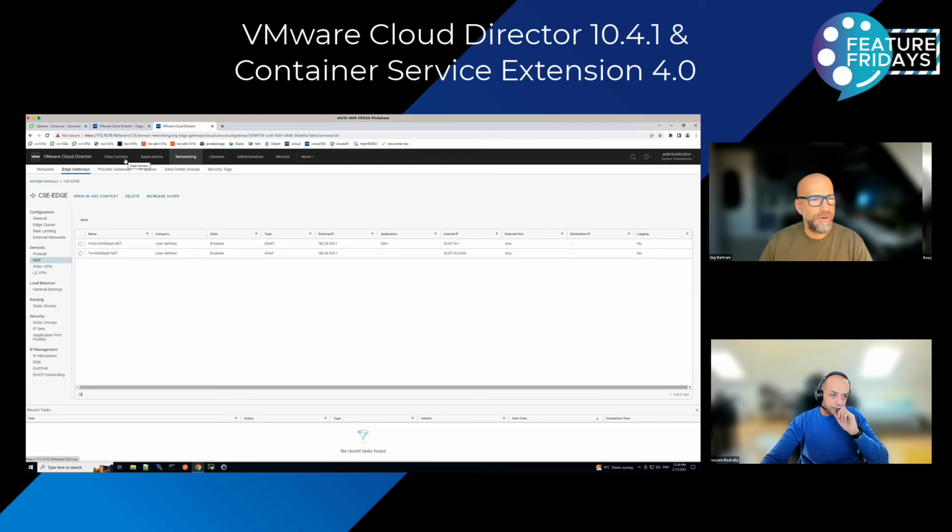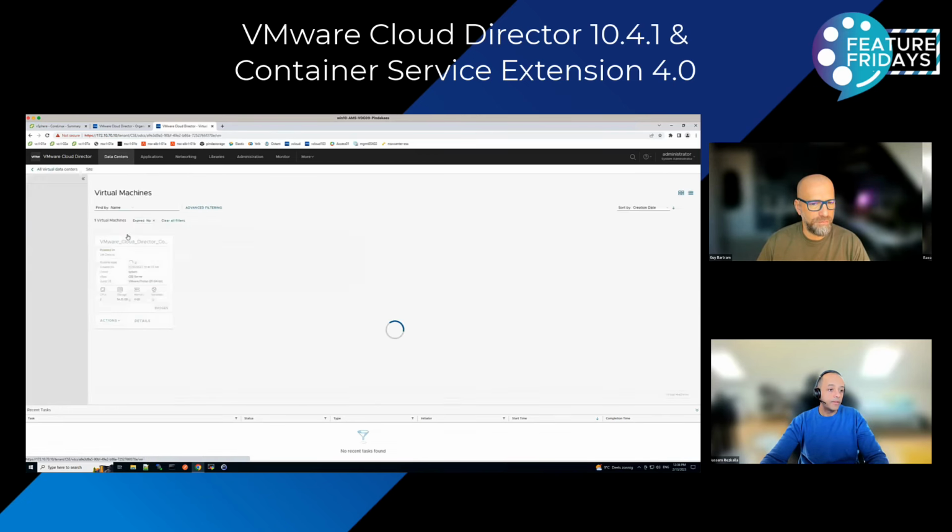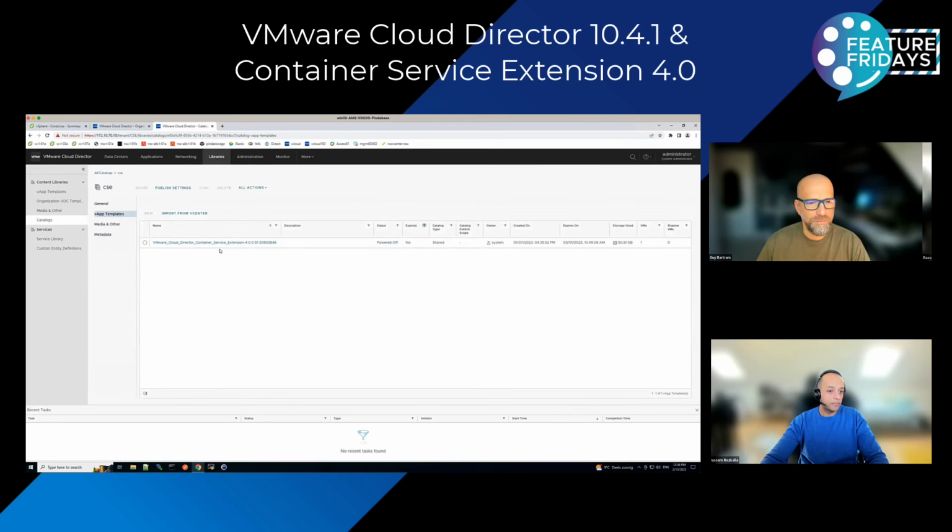Then I also created 2 catalogs. The CSE catalog is where I have uploaded the OVA that I downloaded from the Customer Connect.